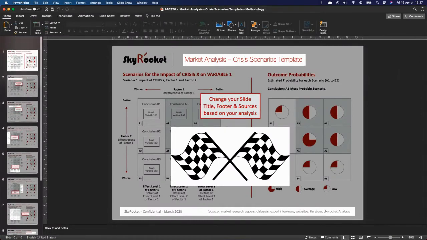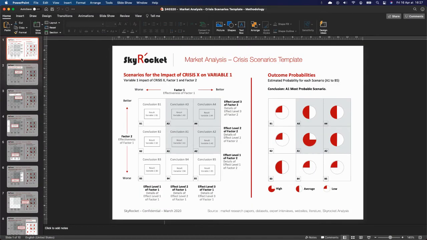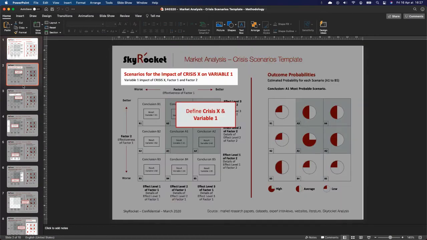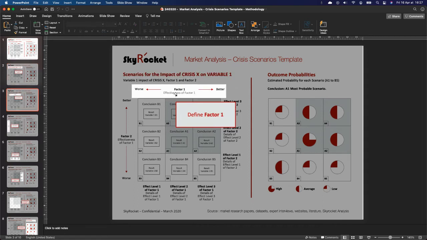So the way it works, here's the methodology attached, which you can find also in the best practice, is you first define a crisis and an impact variable. It can be, for instance, climate change impact on GDP, something like that. And so you'd have climate change. You'd have two factors that are linked to climate change. It could be, for instance, government responses, and the second one could be